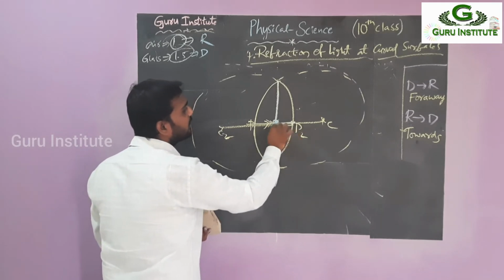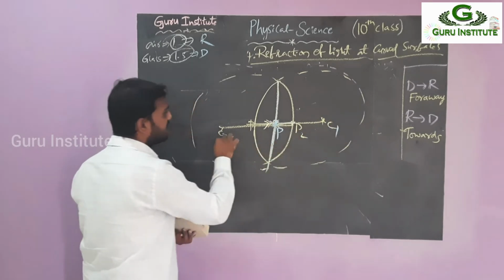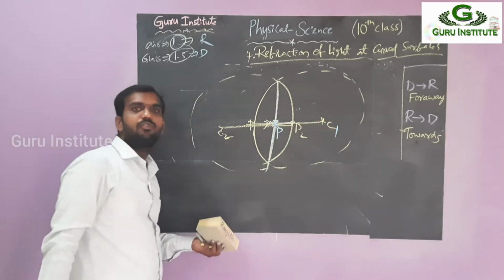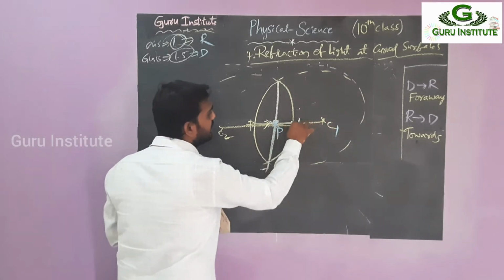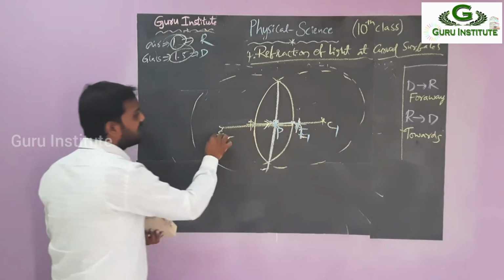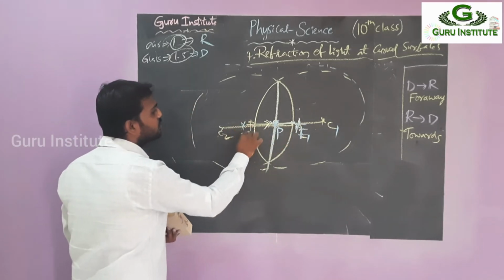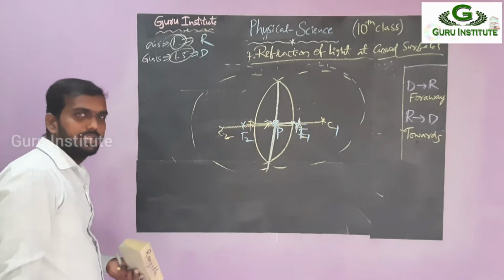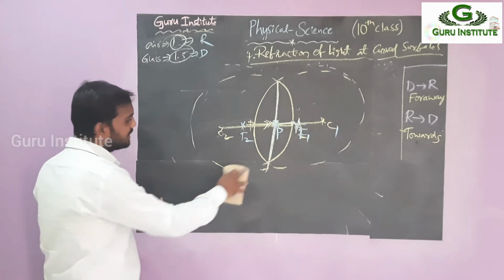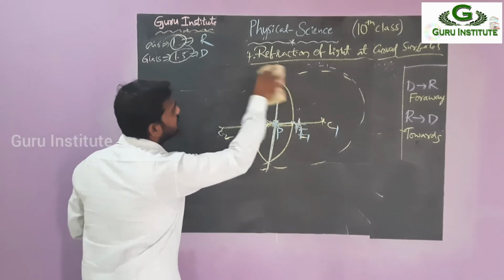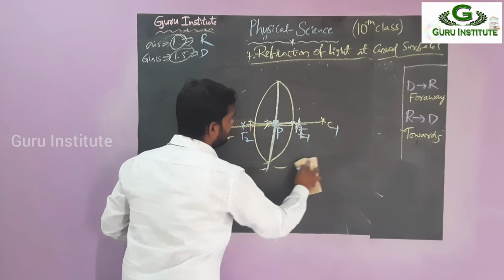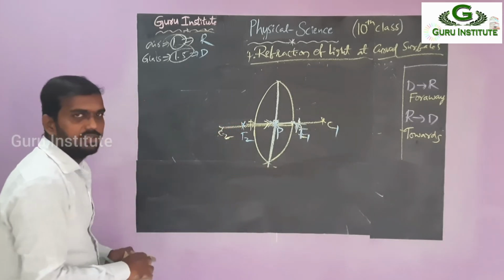Alright, you know that between P and C, this is the first one, this is the second one. Between P and C, what is there? The focus point is there. So we say focus 1. Between P and C, the focus point here is focus 2. For our simple assumption, if you observe this one, I am arranging the remaining extra parts. What you get, you have to see here. So this is the structure.